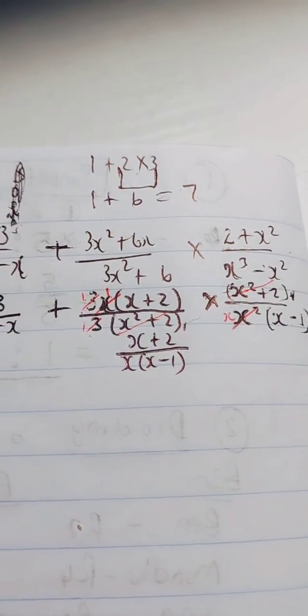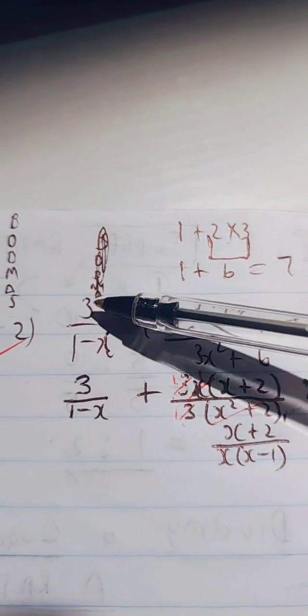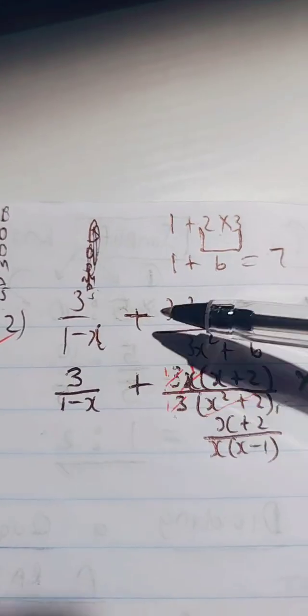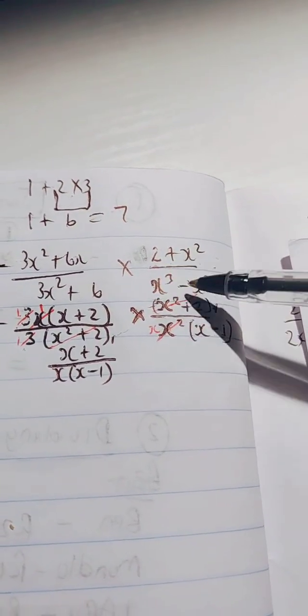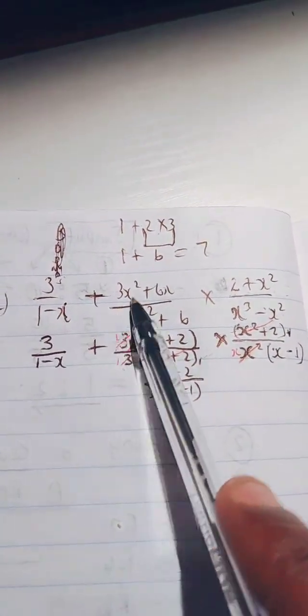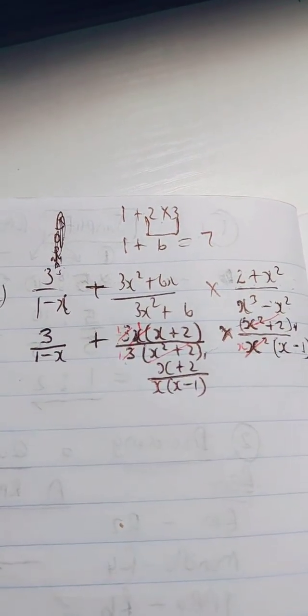Okay, guys, this is very, very important, and I hope you guys are following along. All right, so let's just go back again. We were initially given 3 over 1 minus x, that's a fraction, plus 3x squared plus 6x, that's in a numerator, over 3x squared plus 6 times 2 plus x squared over x to the power 3 minus x squared. So when we looked at the entire sum and multiplication of fractions, we first saw that there's addition and